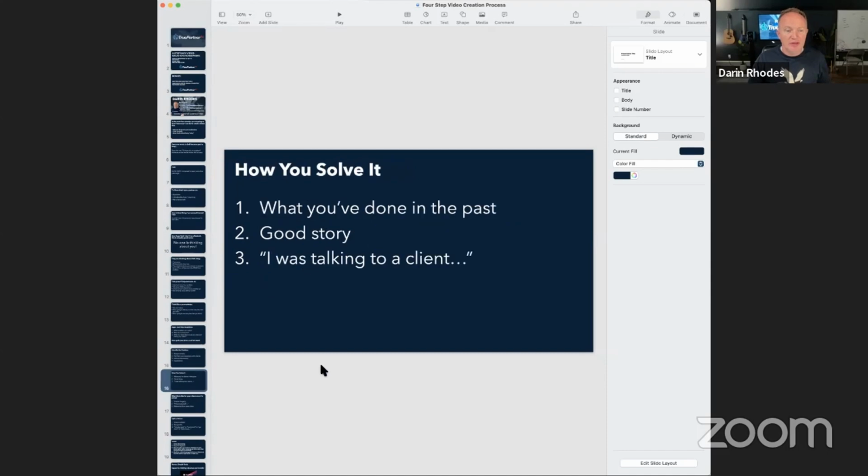Okay. So identify that problem, make it really simple. Talk about how you solve it. That's kind of coupled with number 1 there. So what you've done in the past with customers, or a really good story. I like the whole, hey, I was talking with a client, and the reason why I really, really like that one is because it does 2 things. When you say, I was meeting with a client the other day,